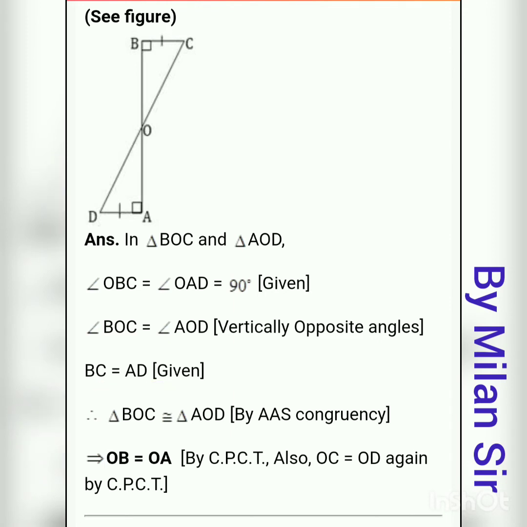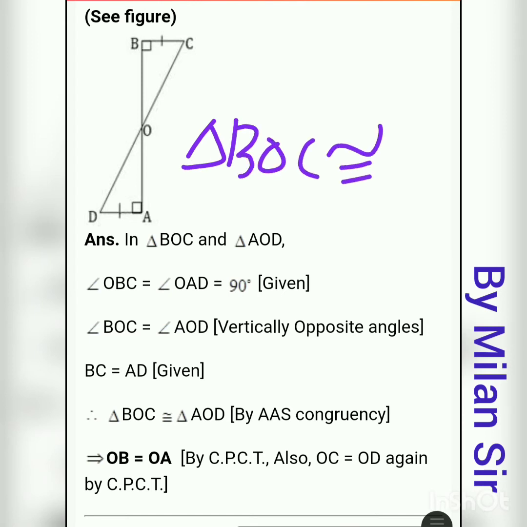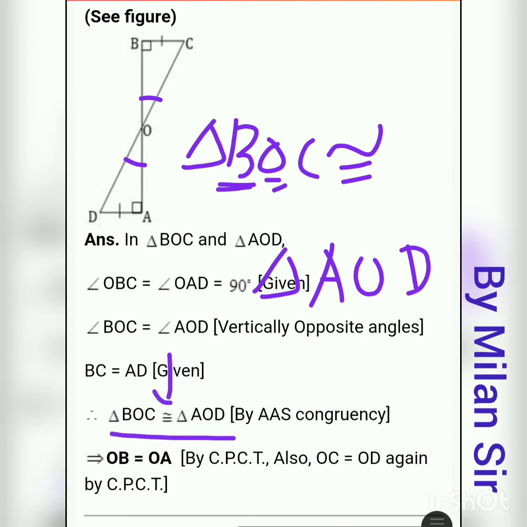Okay, so now we need to set up this congruency criteria. So first of all write down the first triangle BOC randomly. After that we need to arrange the second triangle. Now first of all just look at the angle. So B is equal with A, so at first position we need to put A. Now O is equal with O, so at second position we need to write O, and the third thing D, that we need to write in the last position. Okay, so we can write triangle BOC congruent to AOD. This is the sign of congruency, and reason is by angle side congruency criteria.